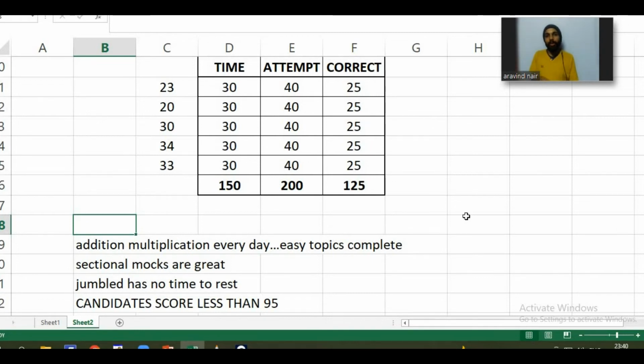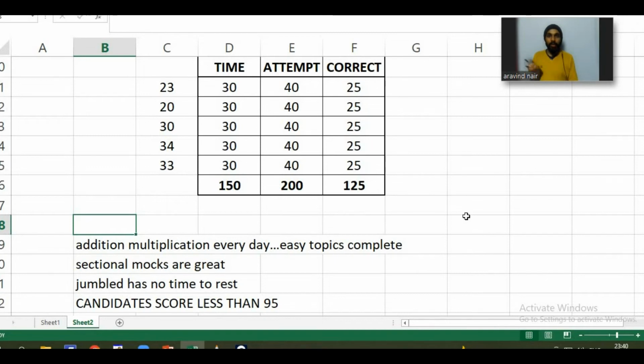So after 2.5 hours you won't get exhausted. You can at least give 2 sectional mocks every day, rather than it's impossible to give 2 mocks every day. I mean, you can do that, but for me, except for a few students, everyone else should not give mocks every day. Because what happens is, after a point you will get bored of mocks, and getting bored of MBA CT exams is the most strong thing.